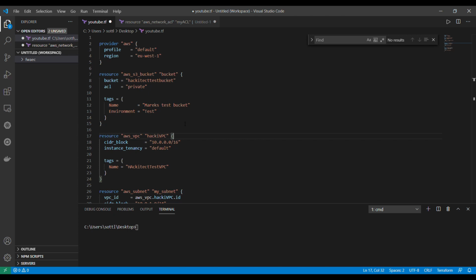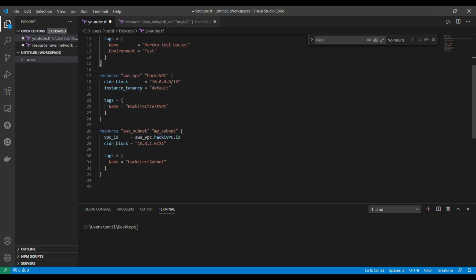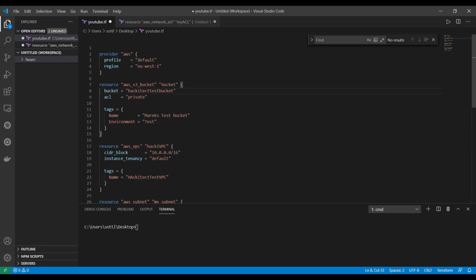Let's talk about Terraform and its features and what it brings as infrastructure as code. I will go with you through a very simple example, and I will show you the impact in AWS. We will deploy a simple VPC with a simple setup and a simple subnet. So let's do it in our setup.